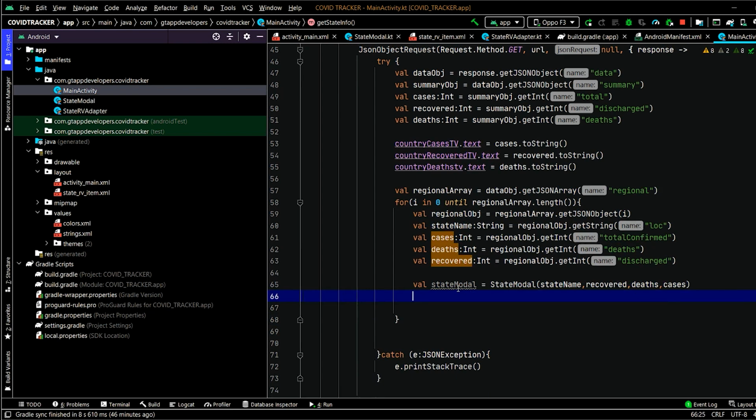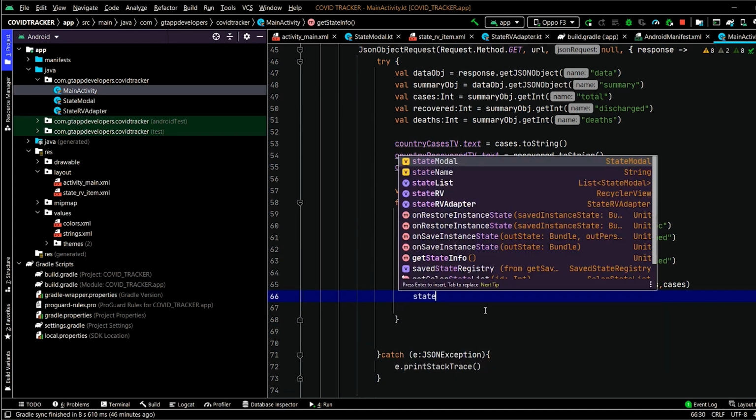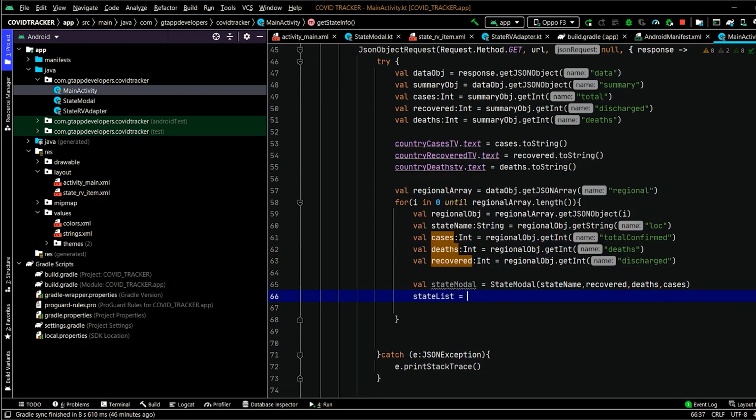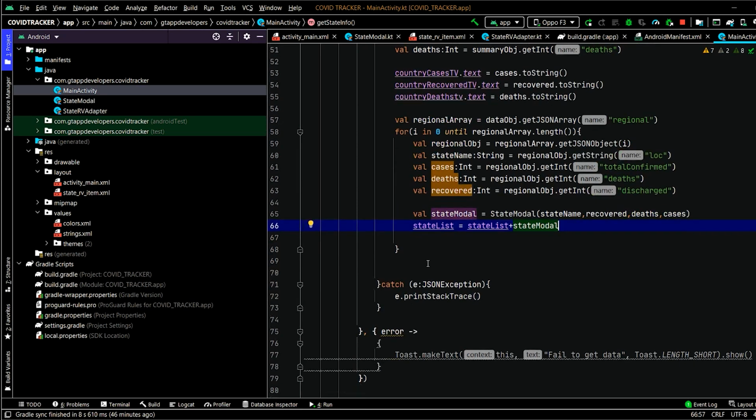After that, we have to add this model to our state list. So for this, state list equal to state list plus state model. Now we have added this data to our model class along with our list.